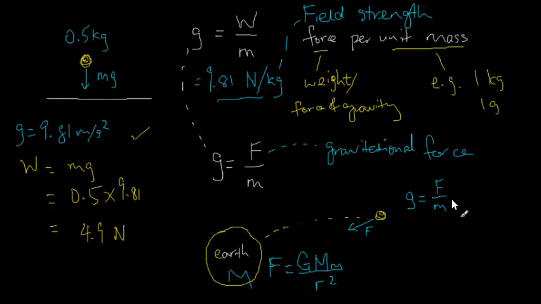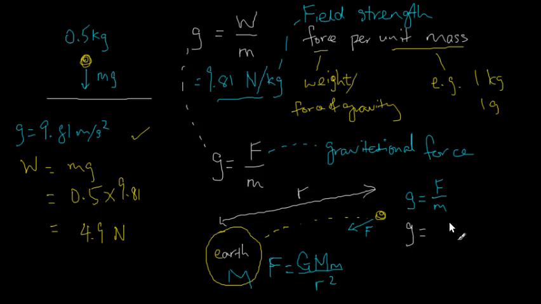So if I want to make a formula for the field strength, that is the force per unit mass, for an object at some distance r from the center of the Earth,